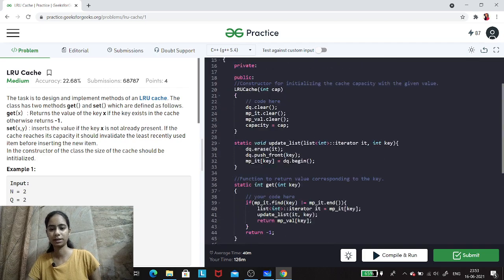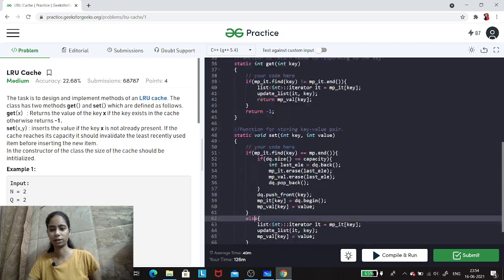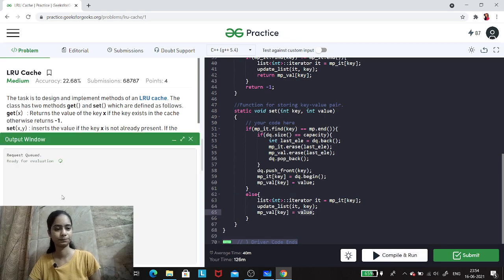So it will remove it, and it will push that key again into the front. And for the key, it has been moved to a new position, which is the start of the queue. So now my map would contain the start of it, and the new value would be stored in the different map, right? So I'll just try to run the code.